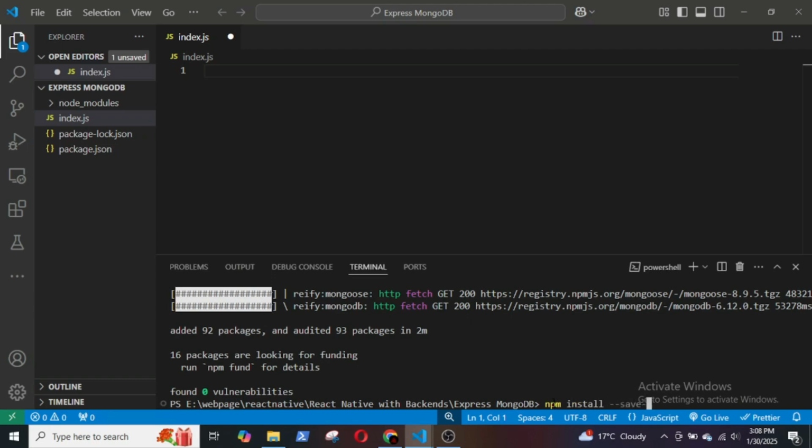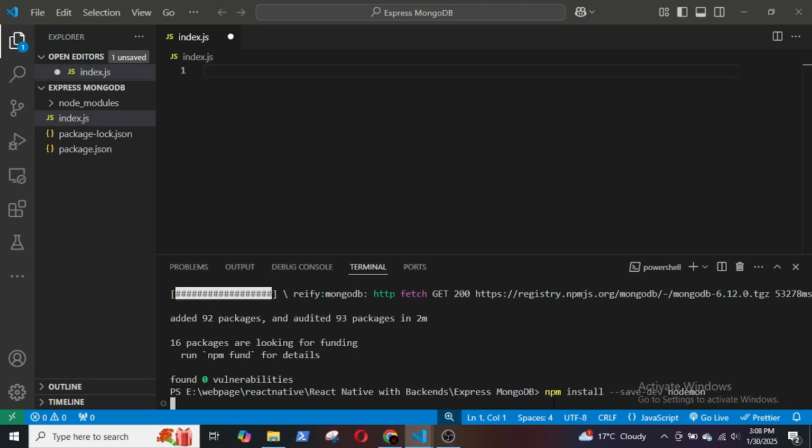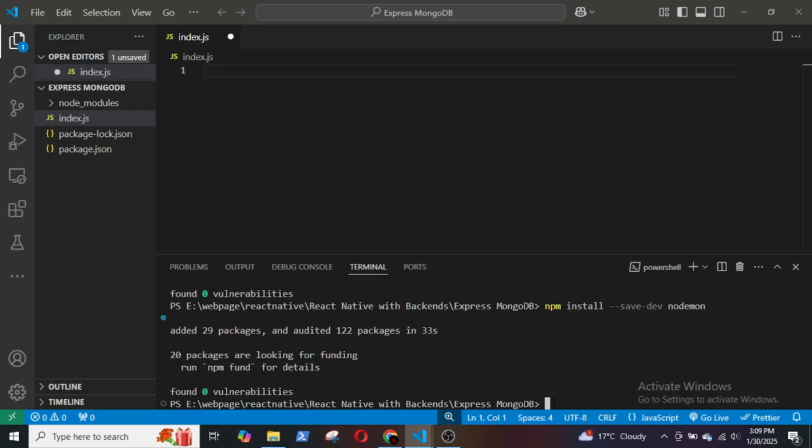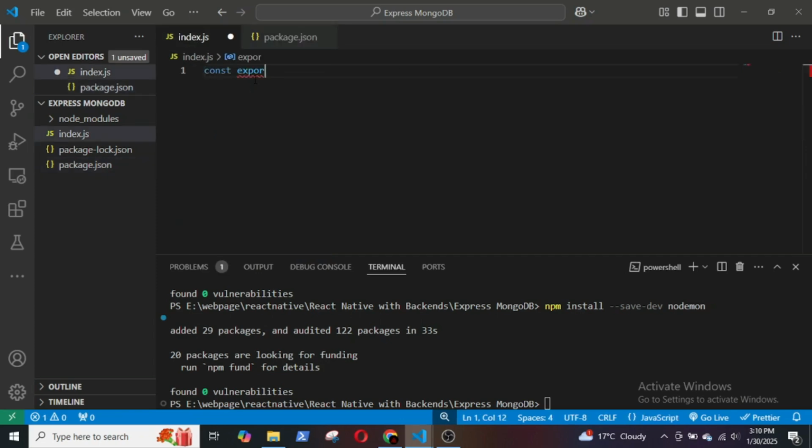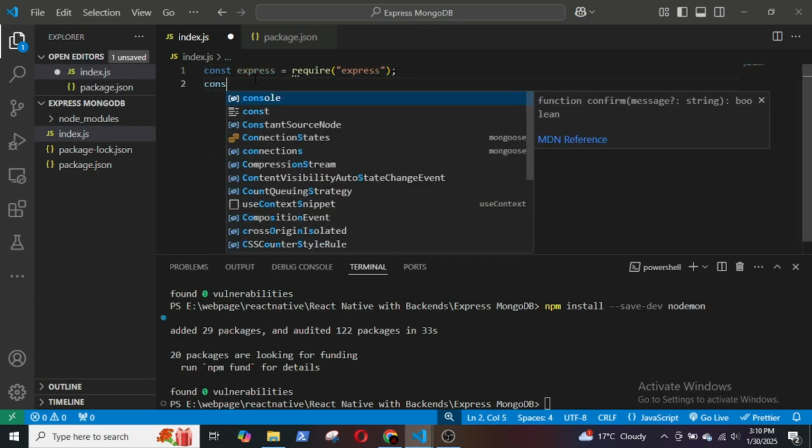Then we will install a dev dependency, nodemon: npm install --save-dev nodemon. Then make changes to the package.json script. Start nodemon index.js. Then in the index.js file, import the packages. const express equal to require express,